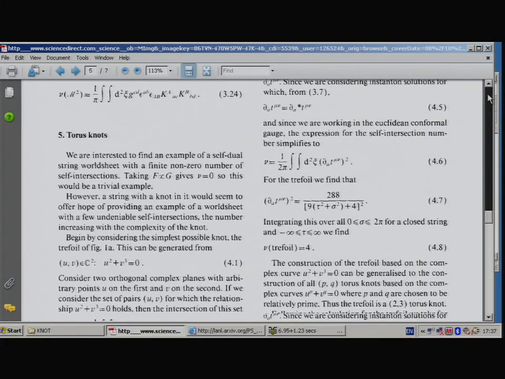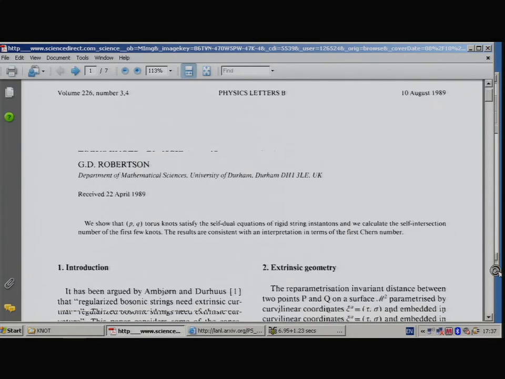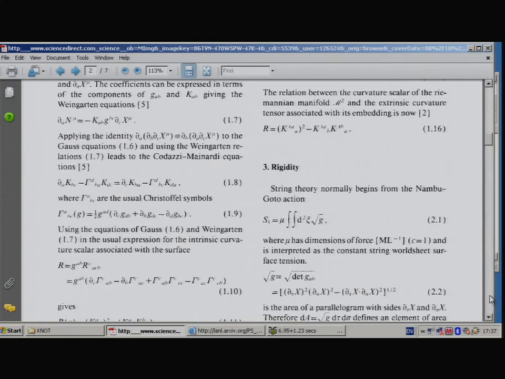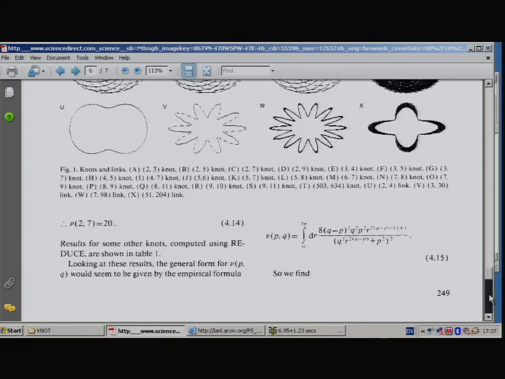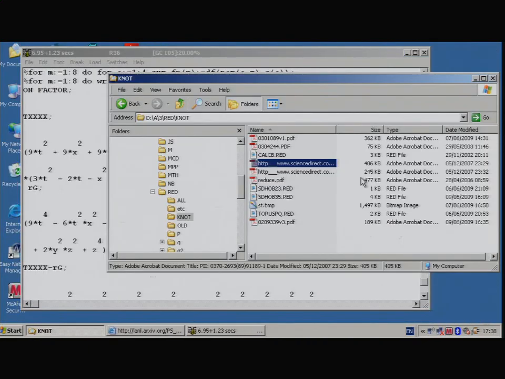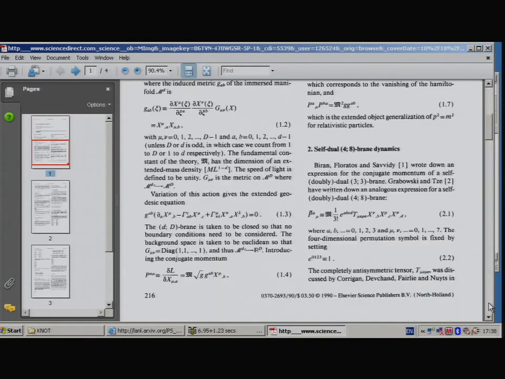Well, this was my first paper on the subject, but the only paper on the subject of knots, and this was in Physics Letters B, and it was quite successful, and I had requests for my paper from all over the world. And then this quaternionic bit, what I did was, at the end, I concluded that